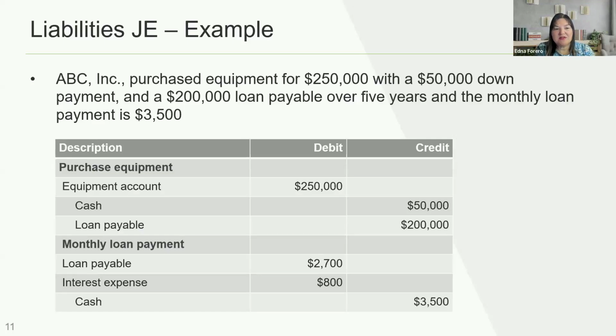ABC purchased equipment for $250,000 with a $50,000 down payment. And now they've got a loan of $200,000, which is payable over 5 years. And the monthly loan payment is $3,500. Now, it is okay for cash basis taxpayers to have loans, like with a bank, or in this particular case, something similar. But this type of loan only impacts their interest expense, which is reported as paid since they're cash basis